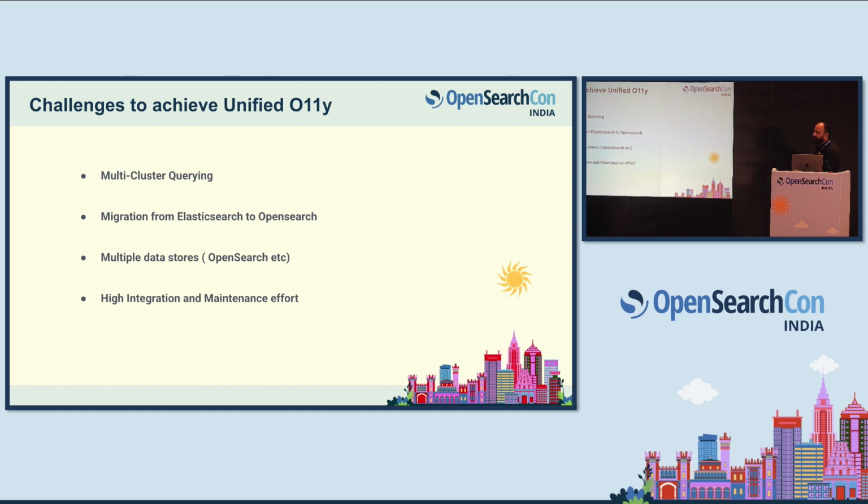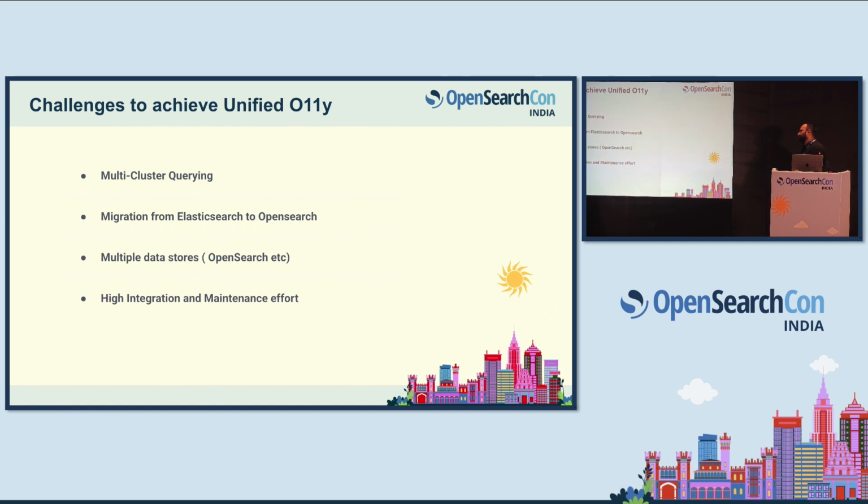The third and important thing is our observability signals data is stored across different data sources. So we needed to support querying across multiple data sources as well, in addition to OpenSearch. Finally, managing all these integrations and connections across multiple data sources has become increasingly complex and added operational overhead as well. To address all these challenges, we needed a decoupled architecture.